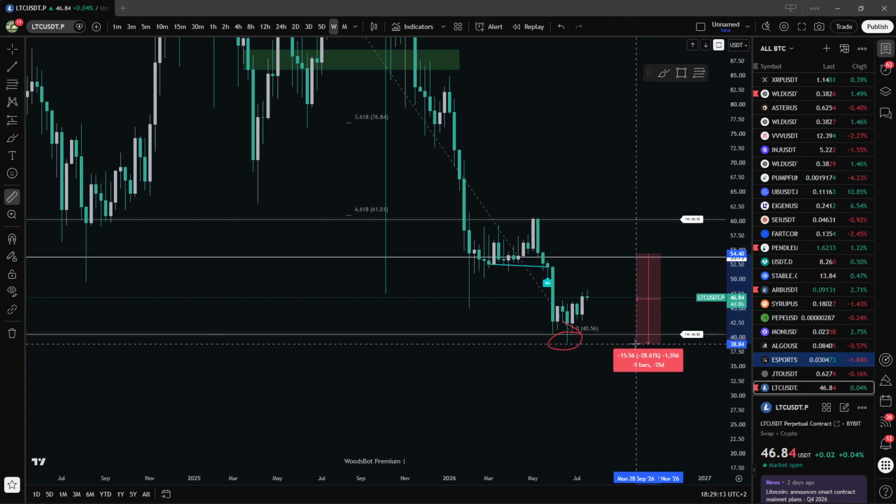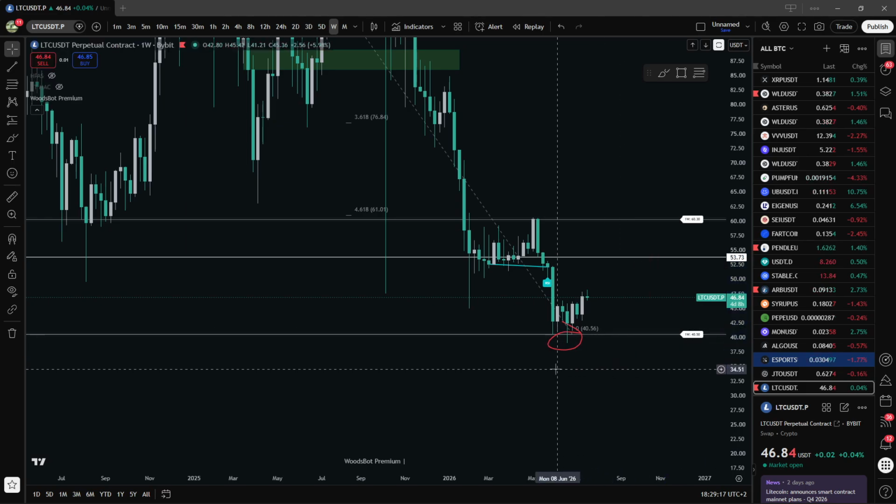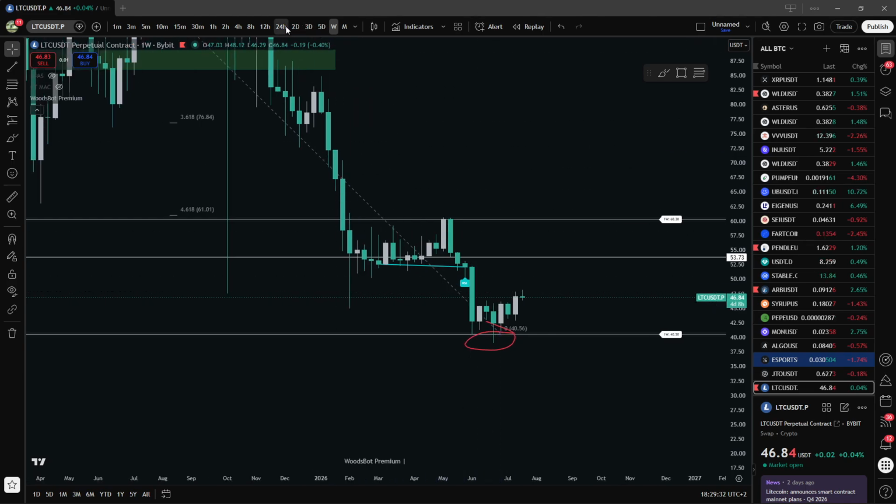It's 30% away, but that's what you get for not putting a stop loss in the first place. You always have to have a stop loss in place when you're trading. If you're not putting in a stop loss, this is what happens, right? You lose 30% of your potential capital, right? However,